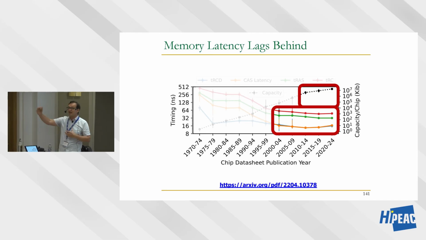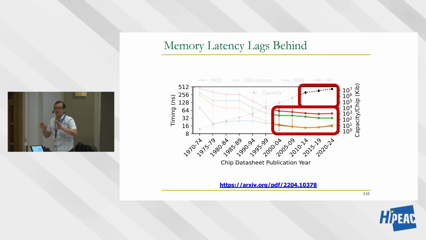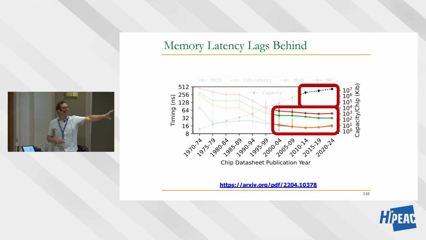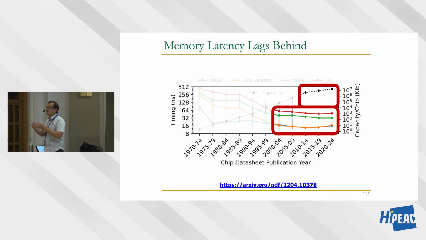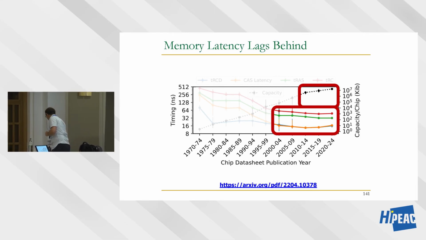We're improving capacity greatly, but latency is lagging a lot. Bandwidth, we figured out, oh, it's important, and we should improve it. But it comes at a cost, right? High bandwidth memory comes at a very large cost today. And there's always a trade-off between capacity and bandwidth, as you can see, and capacity and latency as well.